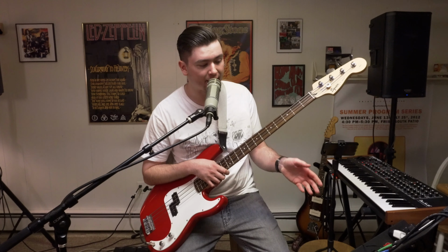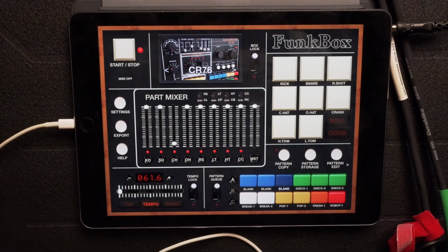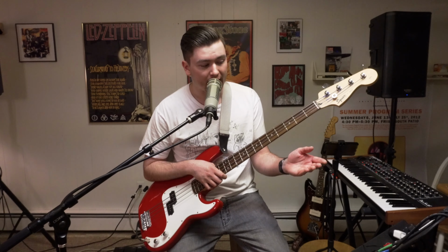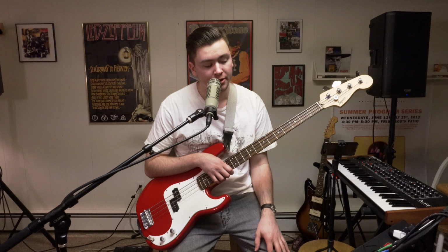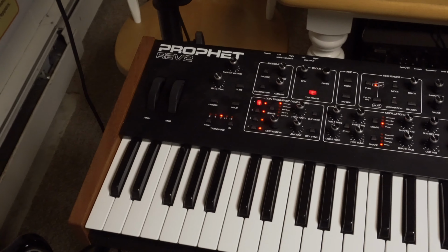So firstly, I have my iPad, which is running the Funkbox Drum Machine app, a really cool app, set to a CR78 preset. I'm running a 1/8-inch TRS cable out of the headphone out of the iPad and adapting it into the N5 with a 1/4-inch adapter. Secondly, I have my lovely Dave Smith Instruments Prophet Rev 2 polysynth, which I'm going to